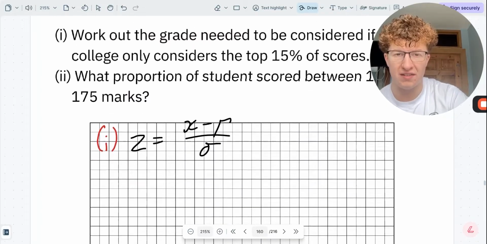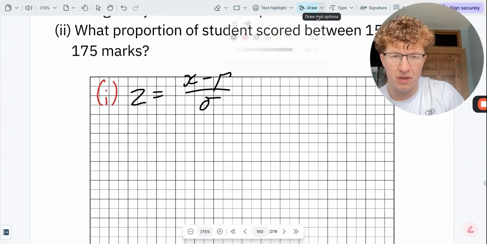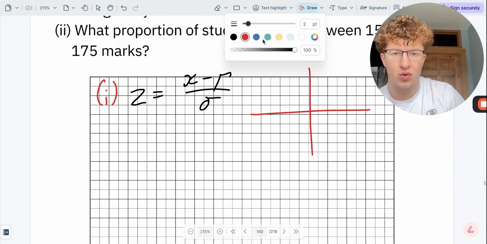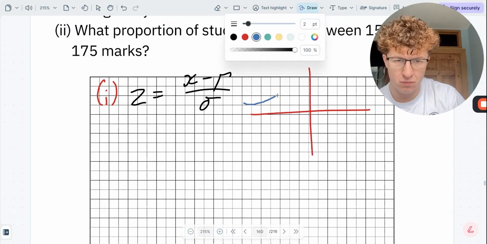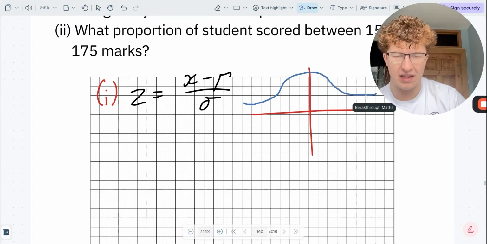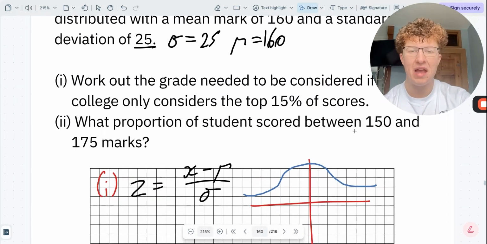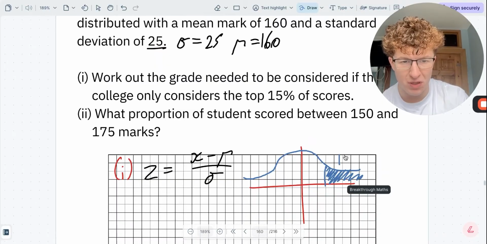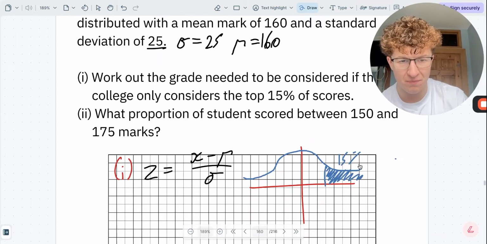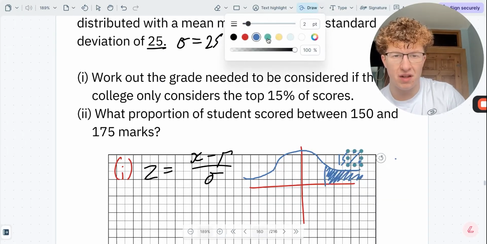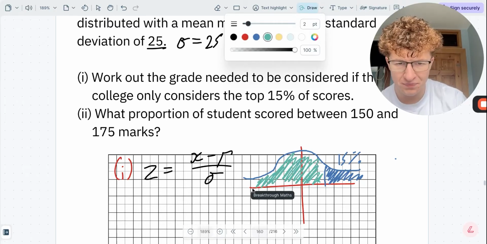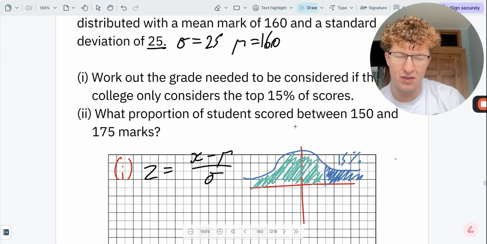So if we draw that, let me get a red pen. If we draw our normal distribution here, it looks something like this. Goes up like that and down like that. That's a poor sketch, but you get the gist. And they only considered the top 15% of people, yeah? So here, we're going to say this blue shaded region is 15%. That means, I'll color it in green, all this down here is going to be the remainder, so it's going